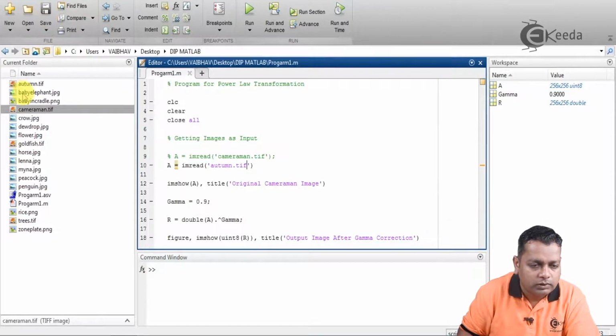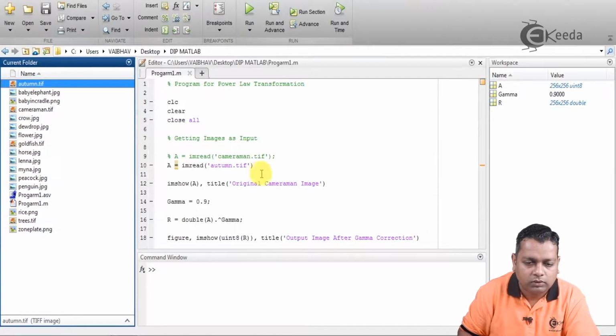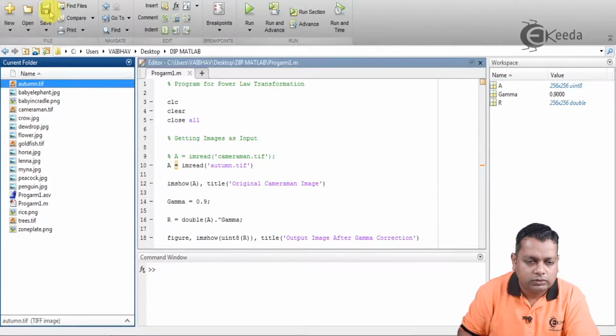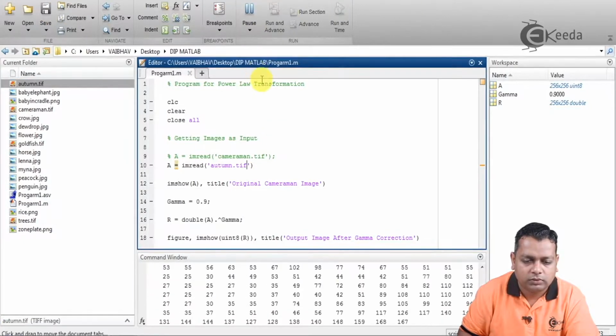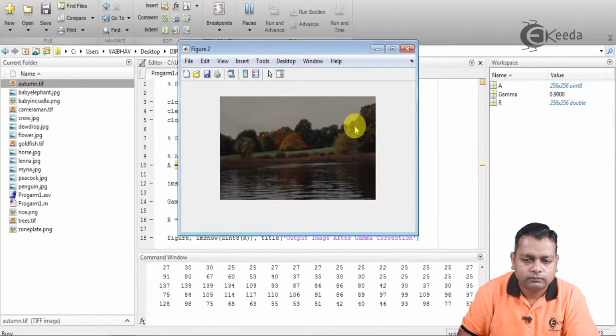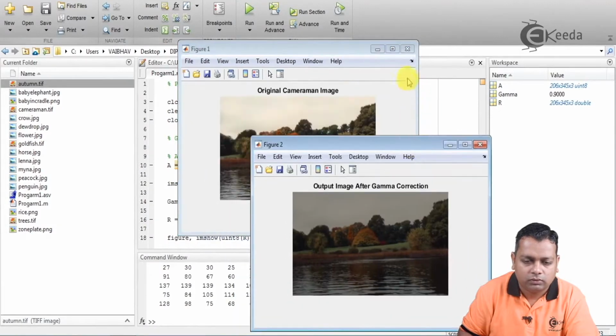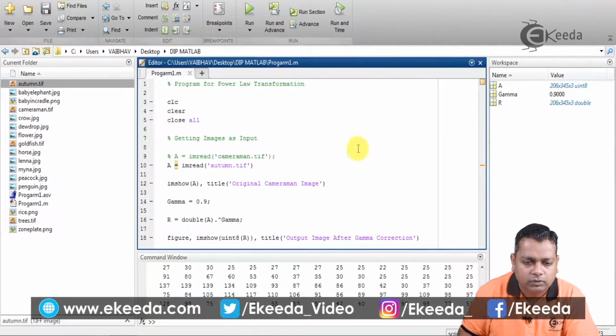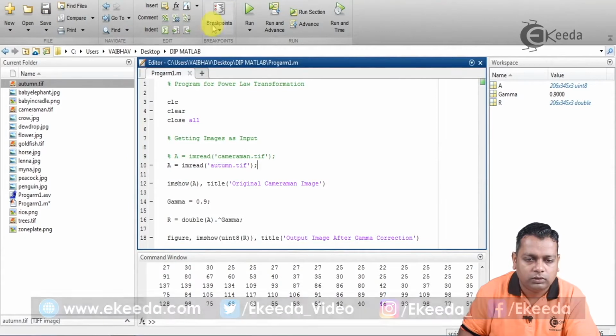We suppose it is available, here it is, autumn.tif. We have saved it and we shall run this. We actually missed a semicolon in the script here; it should be a semicolon to suppress the output. We run it again.